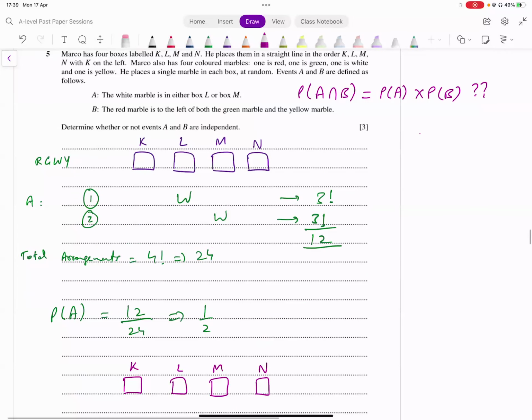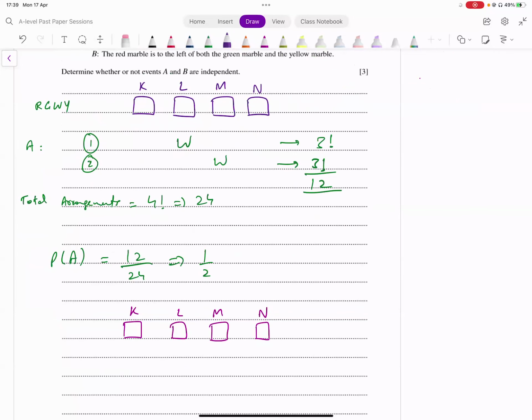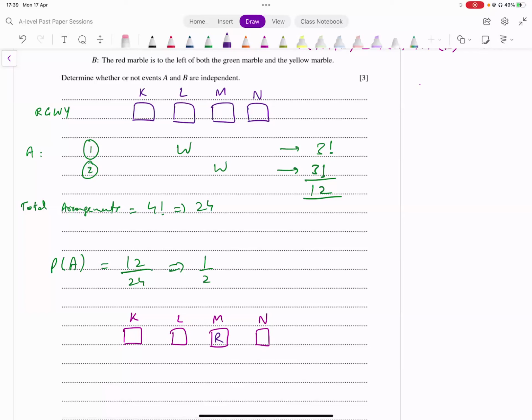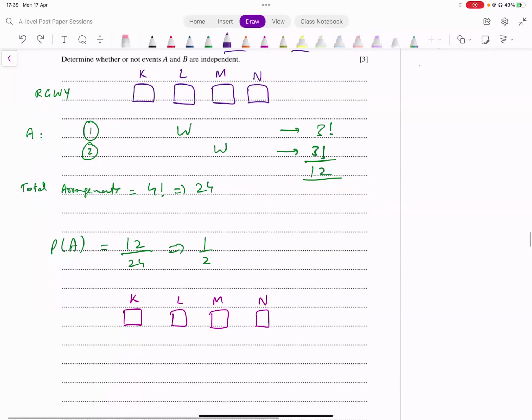अब रेड मार्बल कहाँ पर हो सकता है? अब देखिए, रेड मार्बल अगर मैं यहाँ पे प्लेस कर दूं, जस्ट एज एन ऑप्शन, अब क्या ये पॉसिबल है? ग्रीन और येलो दोनों राइट पर आने हैं, मेरे पास तो राइट साइड के ऊपर स्पेस ही एक है। तो रेड मार्बल यहाँ पे भी नहीं आ सकता और यहाँ पे भी नहीं आ सकता, ये दोनों पॉसिबल केसेस नहीं हैं।